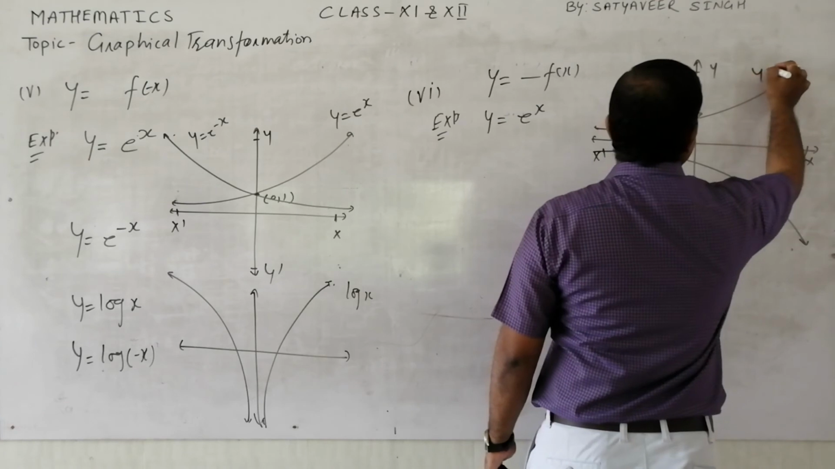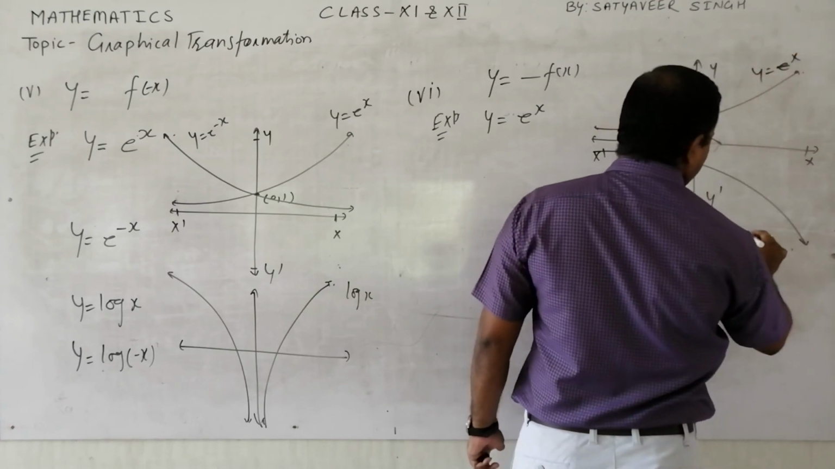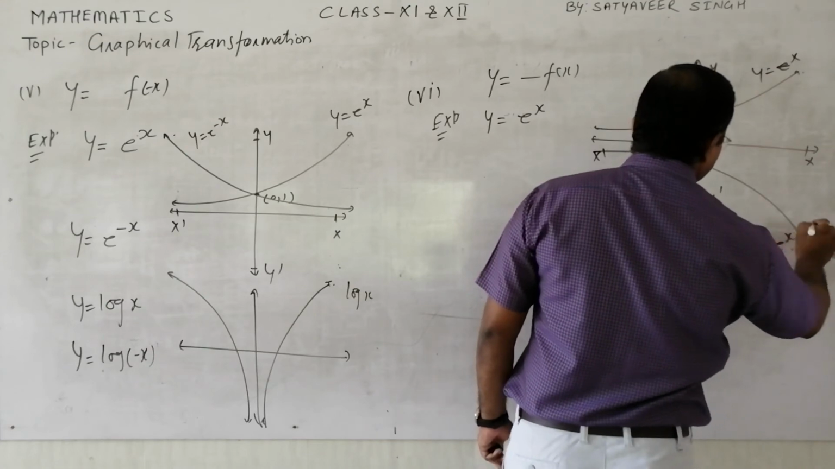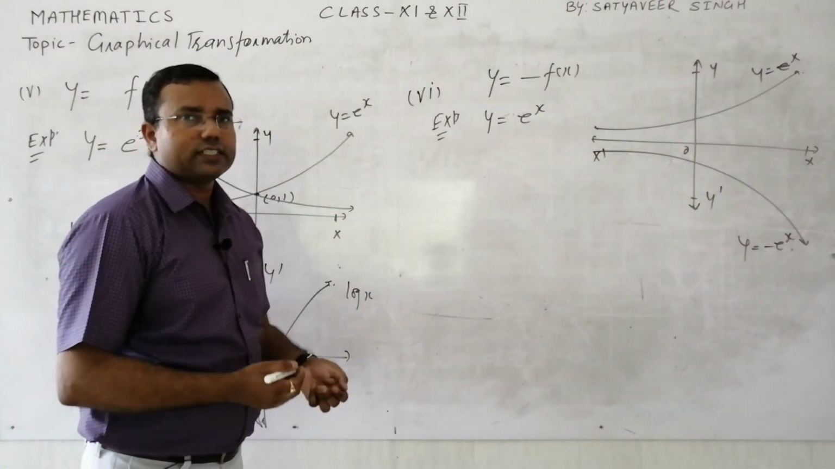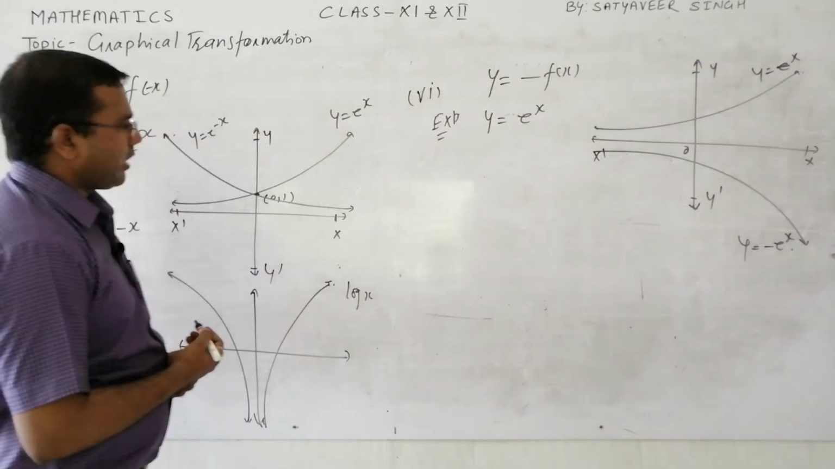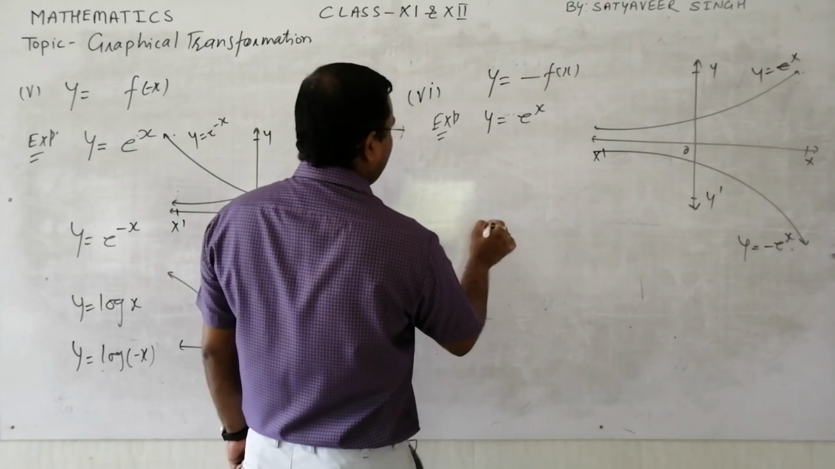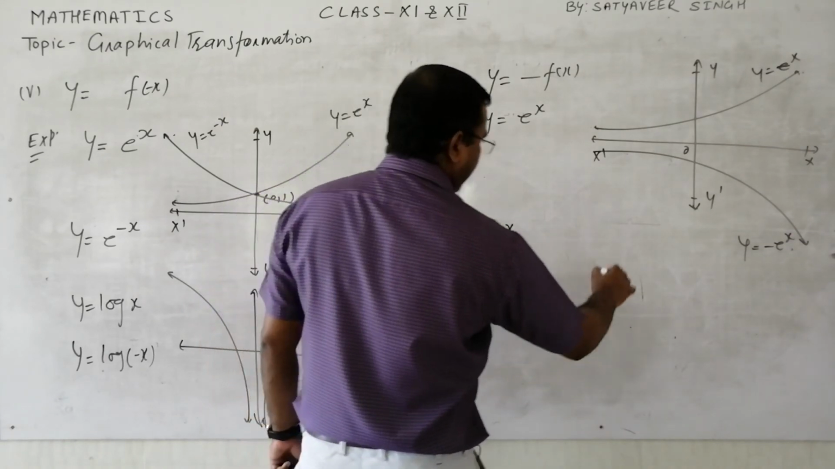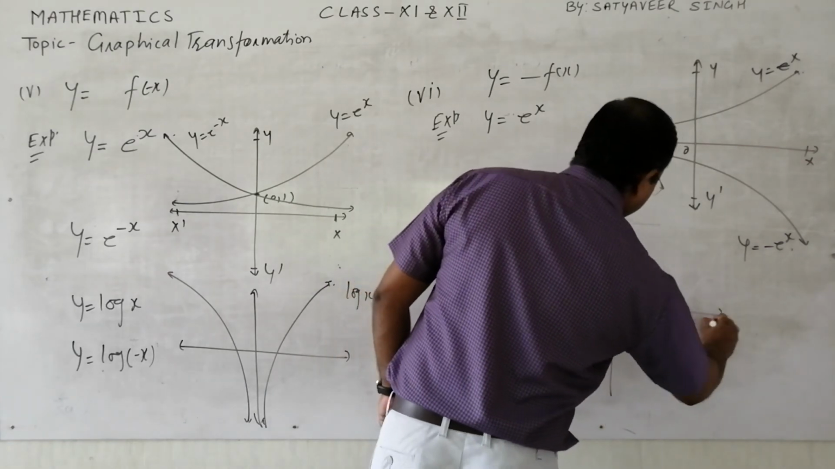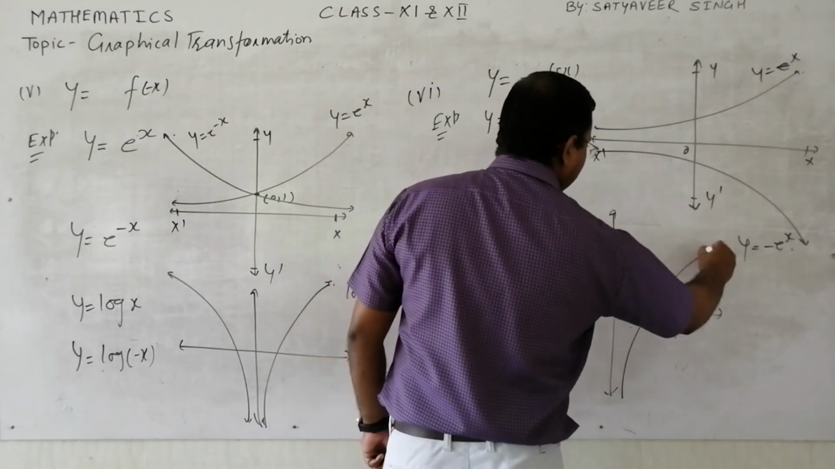This is y is equal to e raised to x, and this is y is equal to minus e raised to x. So now the x-axis is working as a mirror. If you are drawing the graph of y is equal to log x, then the changes take place like this in the same sequence. Here also we can say this is y is equal to log x,